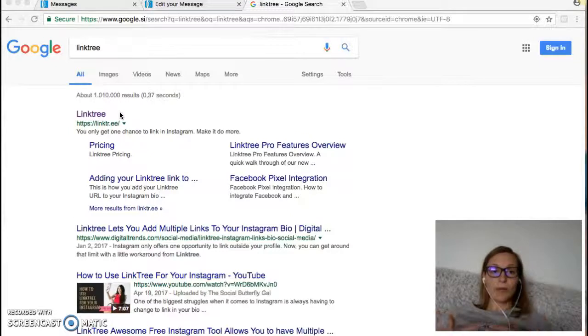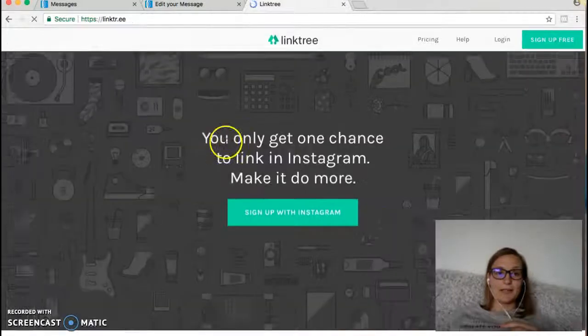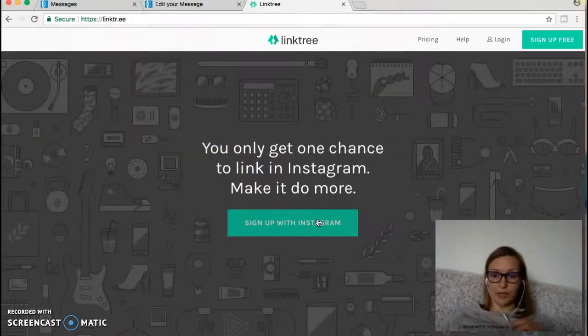So what I found out from some of the other members in the SFM is Linktree. Now, Linktree is an app. It is free. You just go on this website and sign up with your Instagram. We are already signed in. You just click here